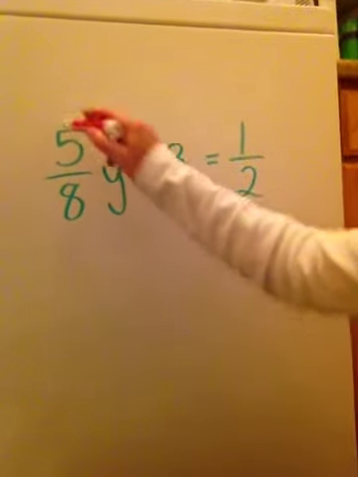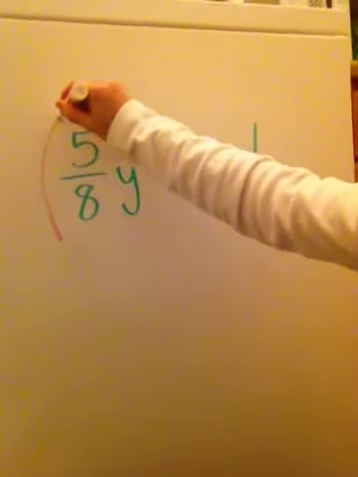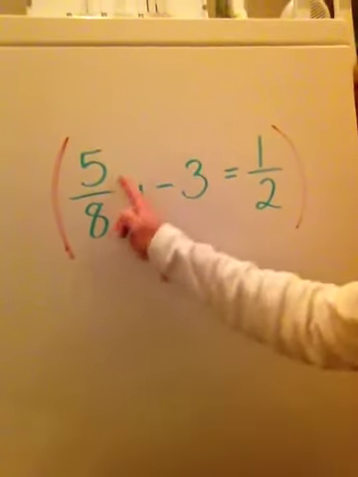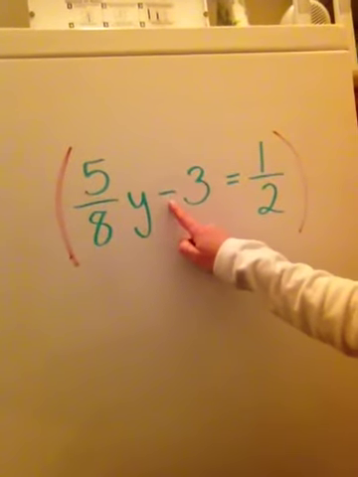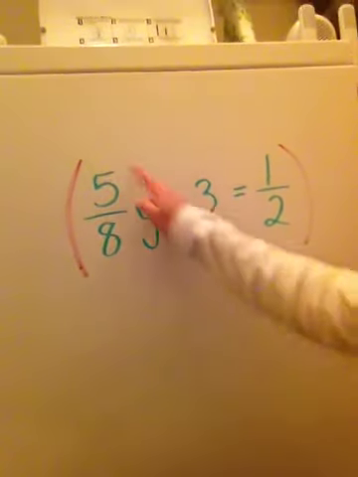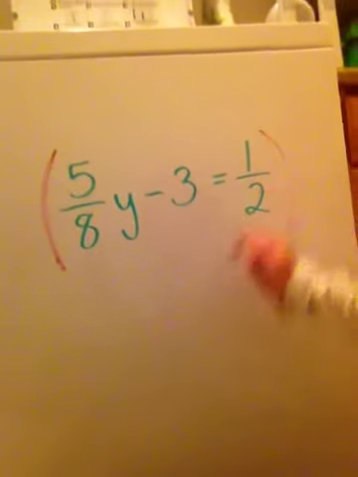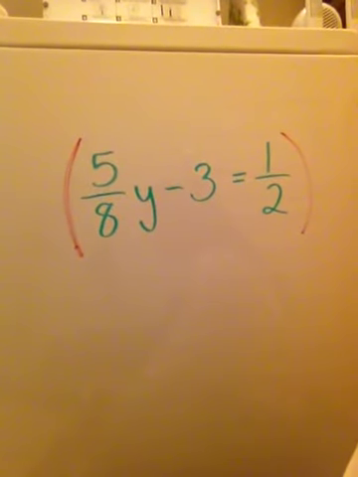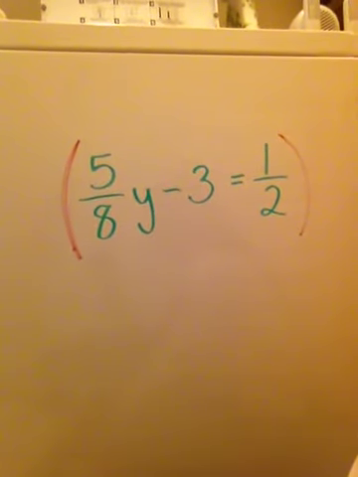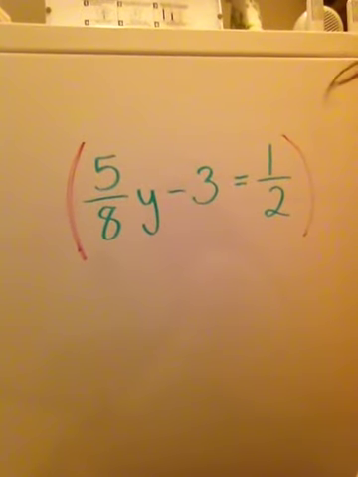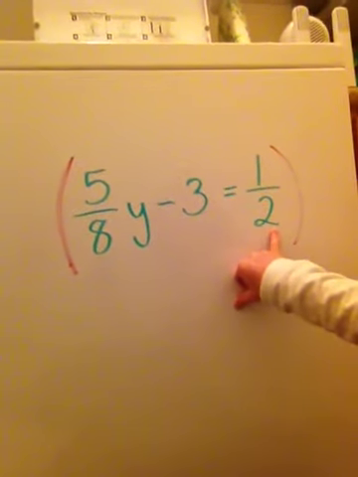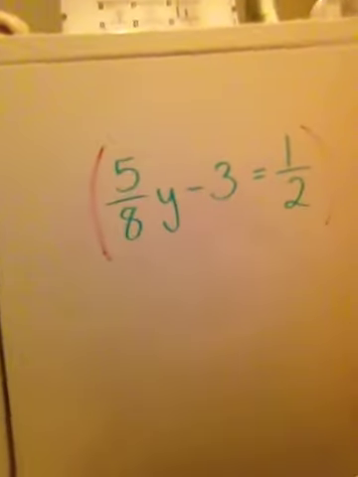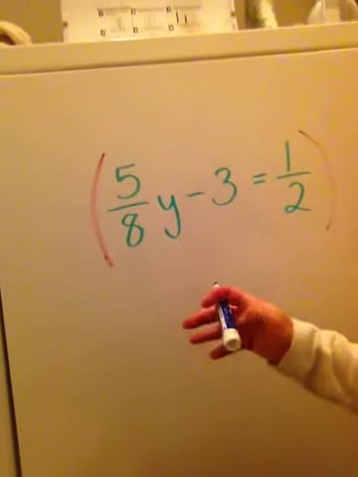So if I multiply all of these, my marker doesn't work very good. If I multiply all of these terms, so this is a term, remember the terms are separated by the plus or minus and the equal sign. So I've got one here, and one there. So I've got to multiply all of those by the least common denominator, or the lowest common denominator. So 8 and 2 are our denominators. So 8 would be the lowest, or the least common multiple, or the common denominator